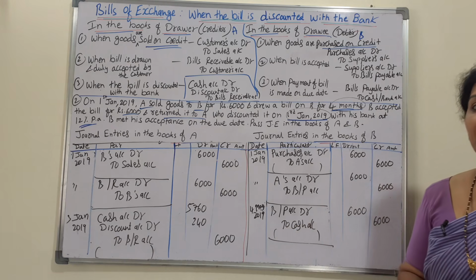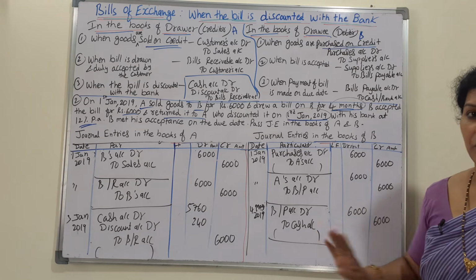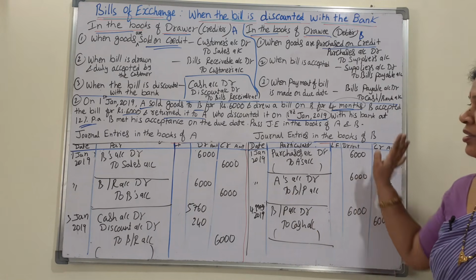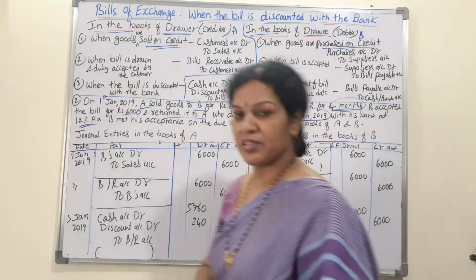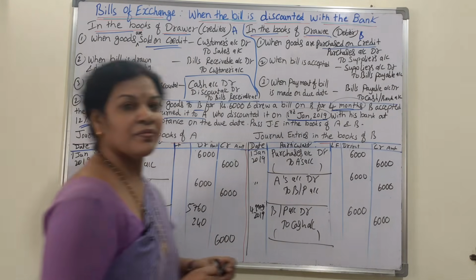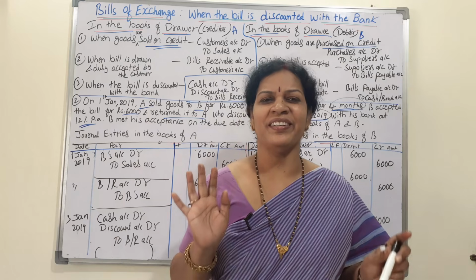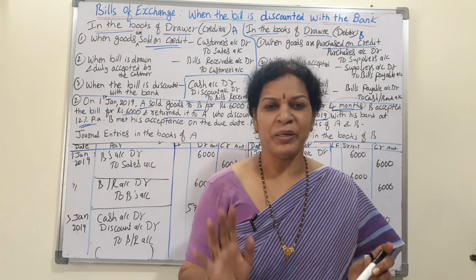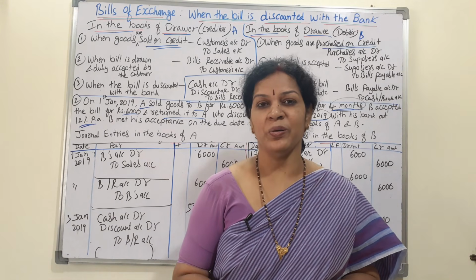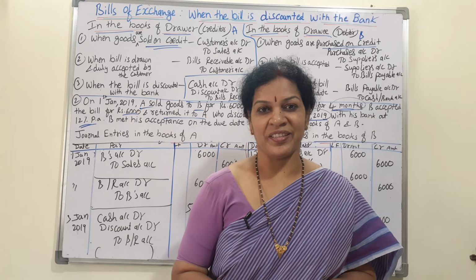Remember one thing, discount amount doesn't make any difference to the drawee. Drawee is not at all concerned. Only the drawer we have to take. That's all. This is the problem. You can take a screenshot or note it down. Hope it is clear. Feeling easy? Simple journal entries. If you have command over journal entries, easily you can work it out. So please be thorough in classification of accounts and how to write the journal entries, right?